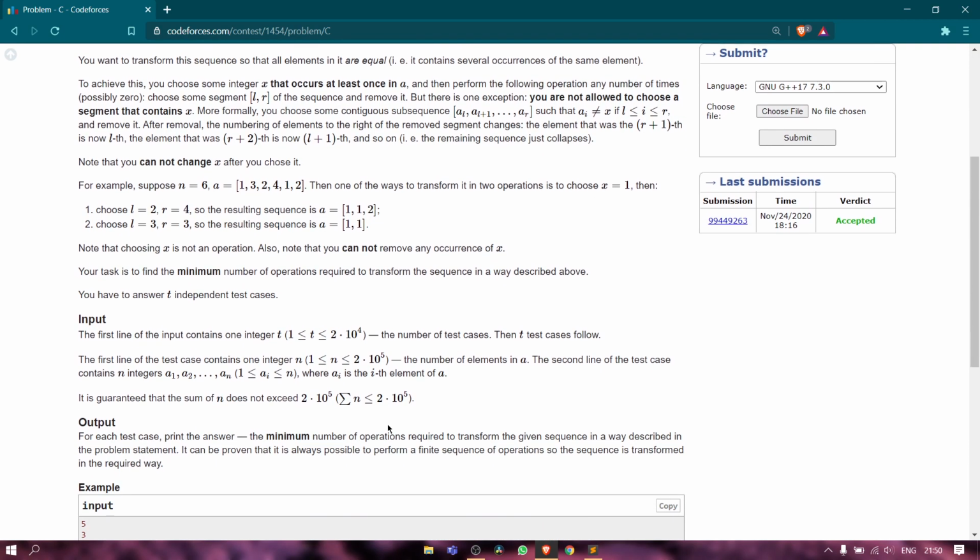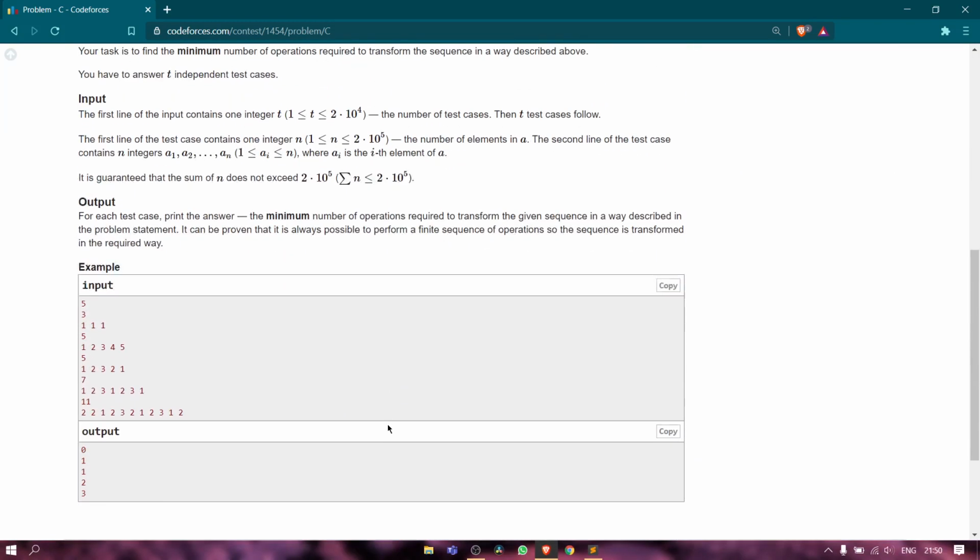Let me tell you the logic for this problem, guys. The logic is really simple. With the third test case, I will tell you the logic. The logic is that, leaving the last and the first element, suppose we have chosen x as 1.